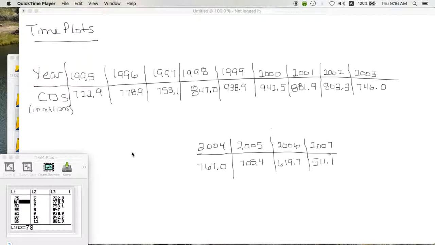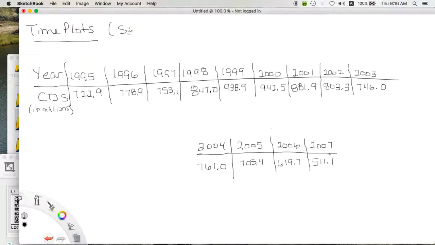Another way to display data is something called a time plot. If we have a frequency table like this one given here, we can enter our data into our calculator. I've put this in list 2 and list 3 on my calculator, and get a scatter plot of it, which another name for that is a time plot, simply because we're moving with time. So it's a scatter plot, but it's specific in that it is using time and what happens in the time. So if you put your data in your calculator,